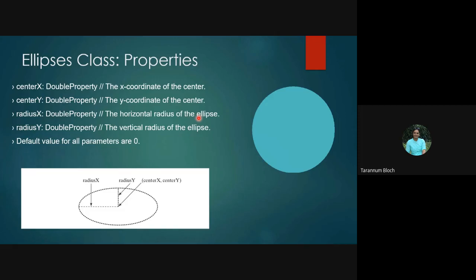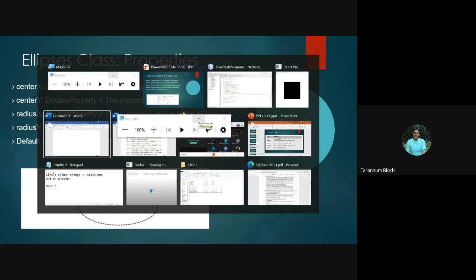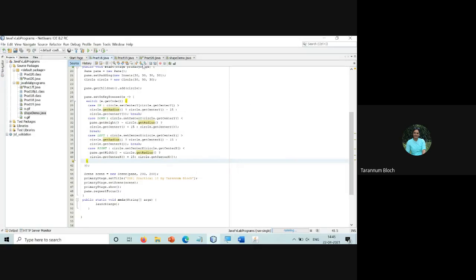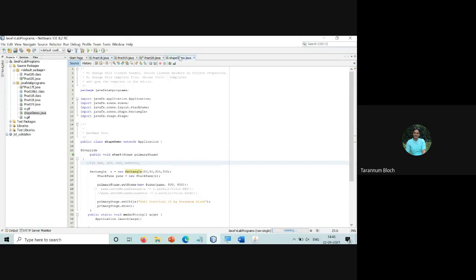We have ellipse. We can draw an ellipse. How will we draw the ellipse? Can anyone tell me the properties? Any guesses? What are the properties of an ellipse? Anyone?